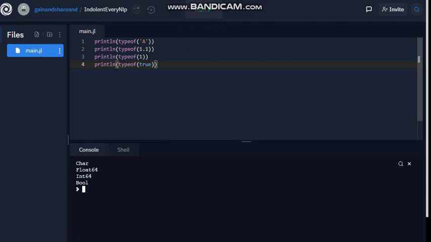In this way, all the values will be represented. Apart from this, let's look at another thing. There are certain sorts of codes, so let's look at all those codes.